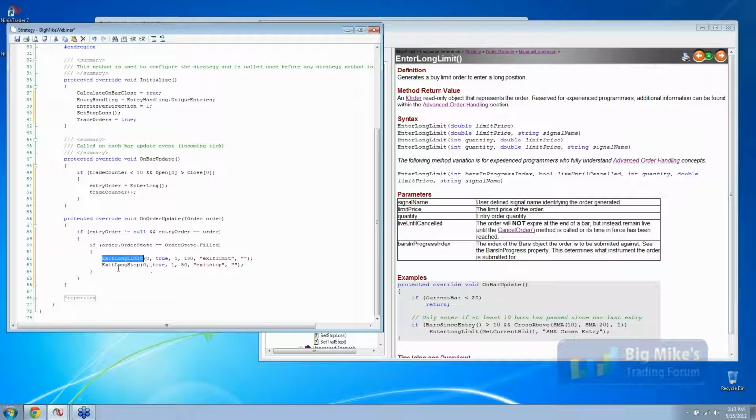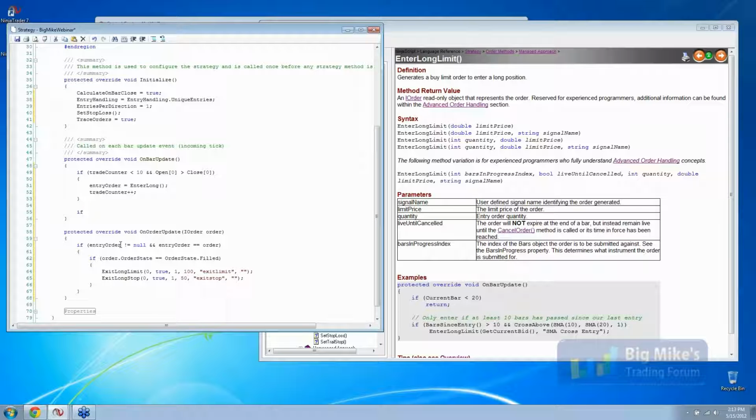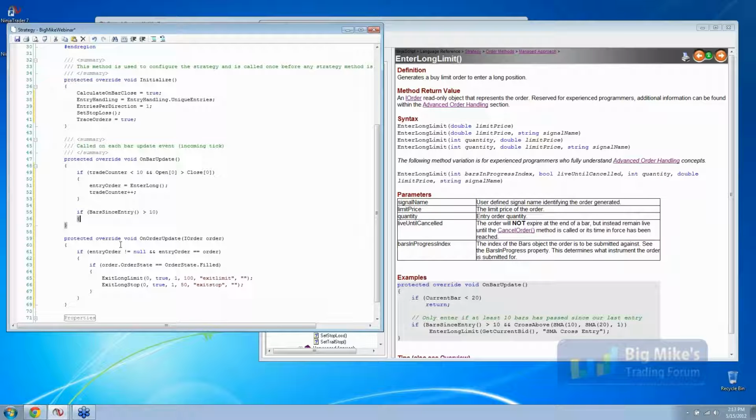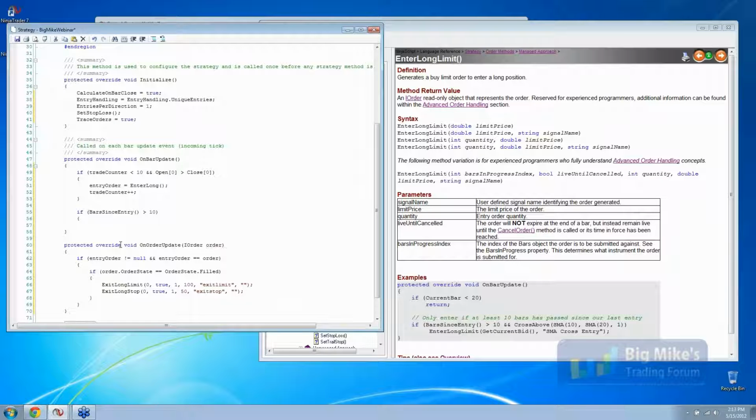So what you need to do now is program in when you want this order to cancel. So let's say if you've been in the market for 10 bars already, so if bars since entry is greater than 10 bars, you want to go ahead and just cancel these orders,